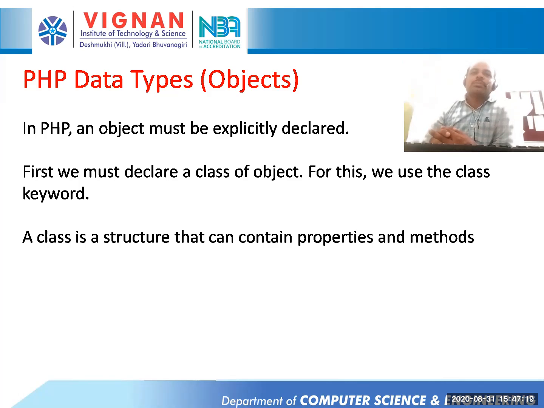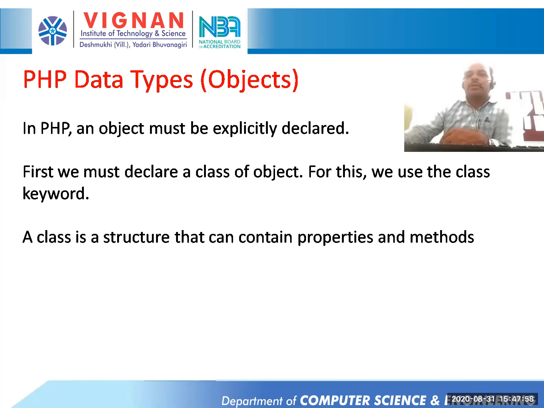For example, if you take a student class, within the open curly brace you specify the properties and methods like student number, student name, student marks as the properties, and getdata, putdata methods. So these are all wrapped in a single class. And how to create an object? Simply give the class name student, x equal to new student, that is, x is an object here. The same procedure we follow in PHP.